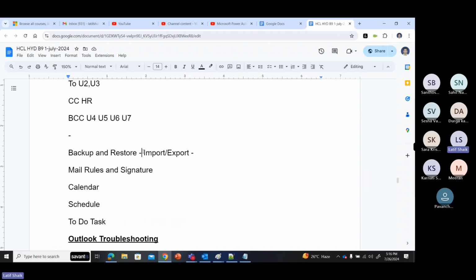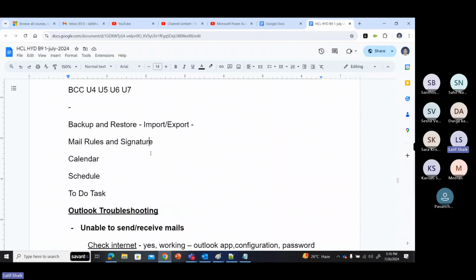Of course, you can do backup and restore. Import and export options can be used to back up and restore. You can create mail rules and signatures. Mail rules: if you receive a mail from a specific user, you can keep it in a separate folder. You can create a rule for a mail with a specific subject and keep it in another folder. Signature: when you are sending a mail, a signature automatically has to be at the bottom, right? So what you do,